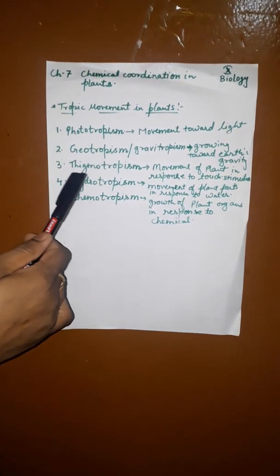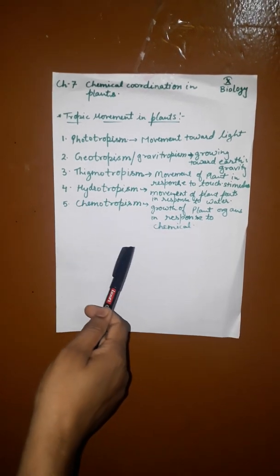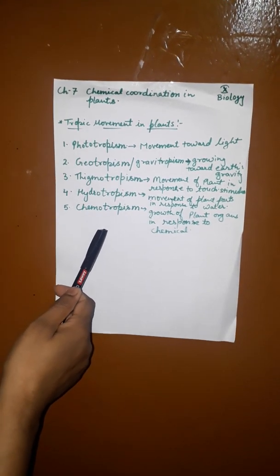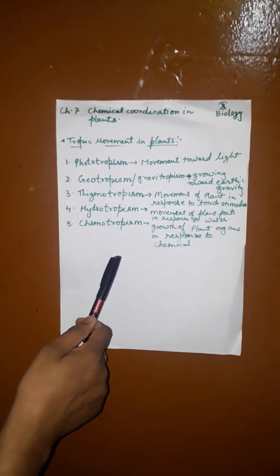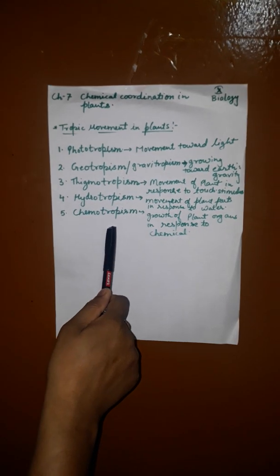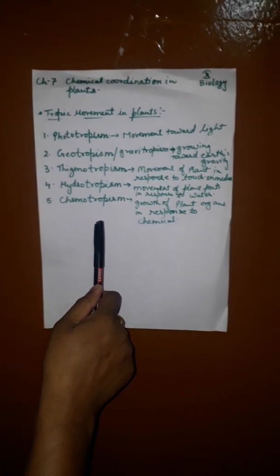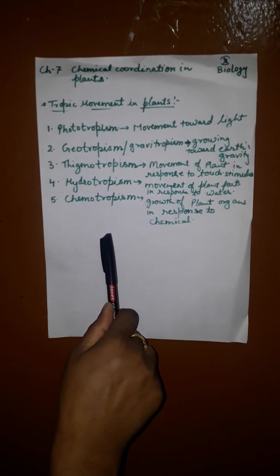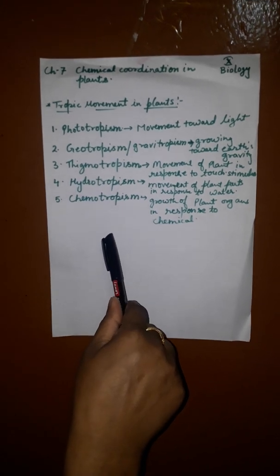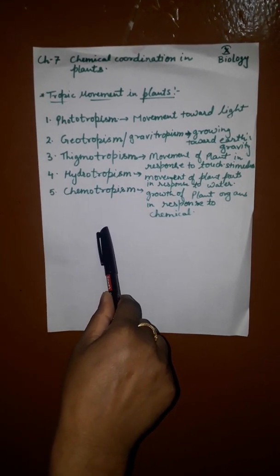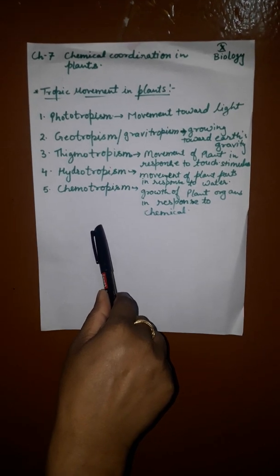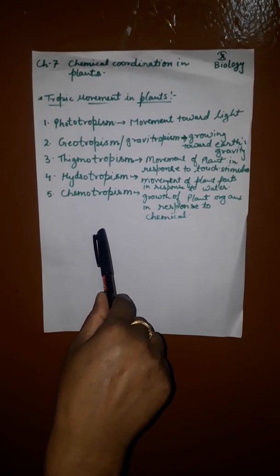Tropic movement in plants. We know that when a seed germinates in the soil, its root and shoot keep growing if the developing plant is to survive. But the growth of the root and shoot must take place in the right direction. The root must grow downwards in the soil, which will provide support, water and minerals for the plant. The shoot must grow up towards the light source so that the developing leaflets can carry out photosynthesis in order to produce food for the growing plant.